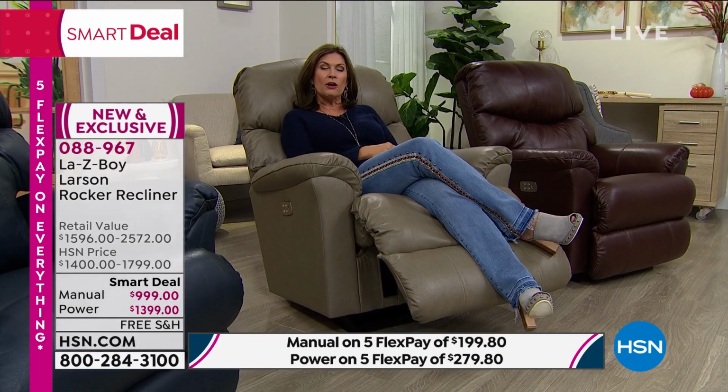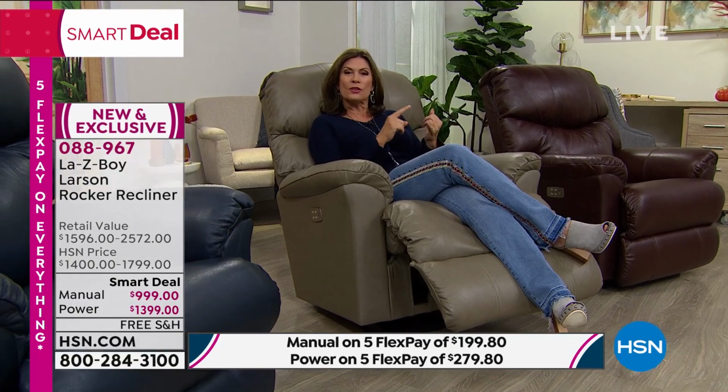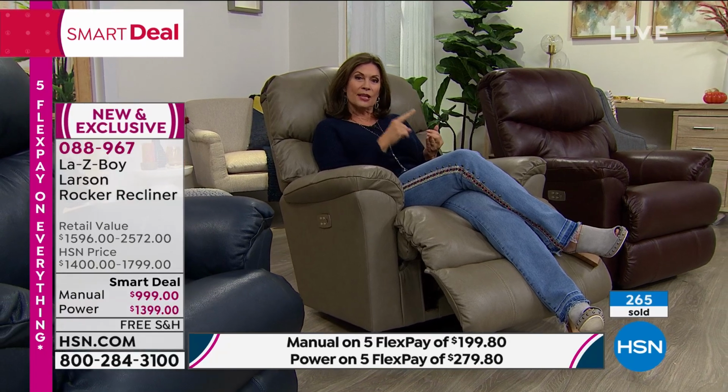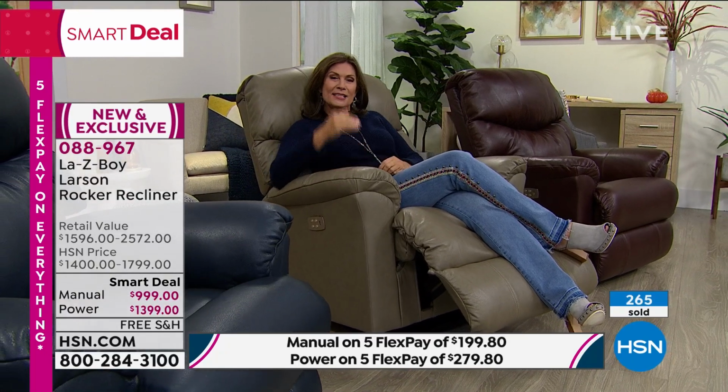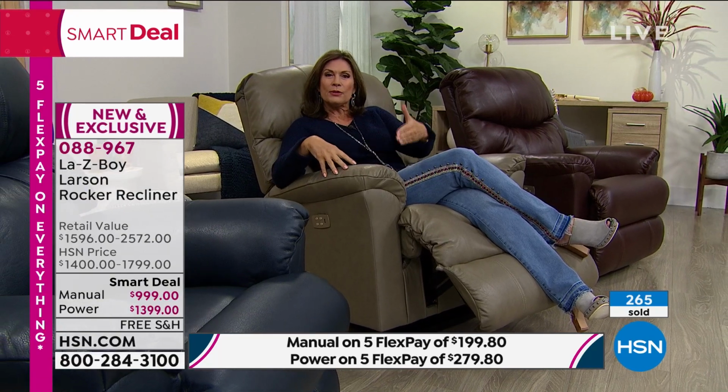A lot of people don't even call them recliners. They call them Lazy Boys because they are so synonymous with quality and with the features that you want when it comes to a great recliner. But then Lazy Boy has partnered with us to bring us something that's even better than their traditional,